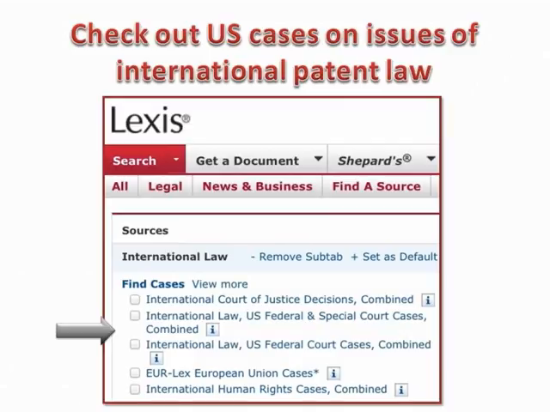But the scope note, and if you look at the I button on Lexis or Westlaw or any premium service, and even the open source services, they oftentimes will give you the scope of the information and tips on how to search it. So when I click on the I button here, and I'm doing this on my side, I see that this file, which is international law, U.S. federal, and special court cases combined, has cases from, as you would suspect, U.S. federal and special courts,